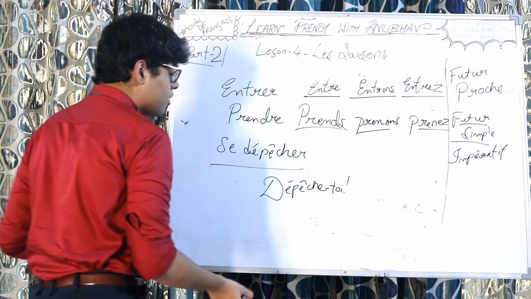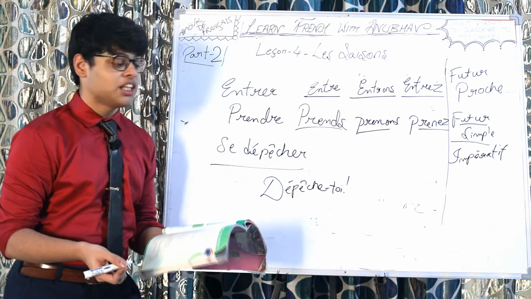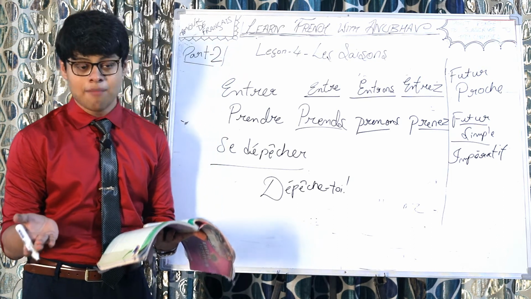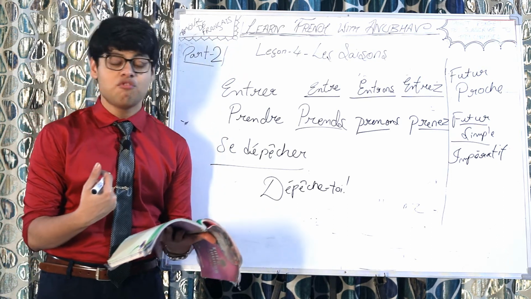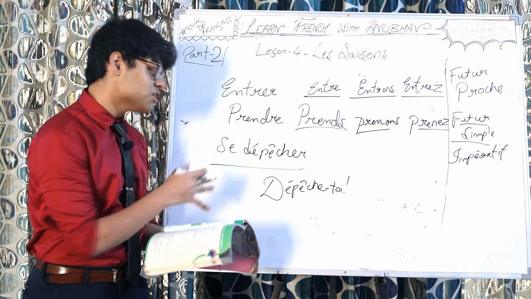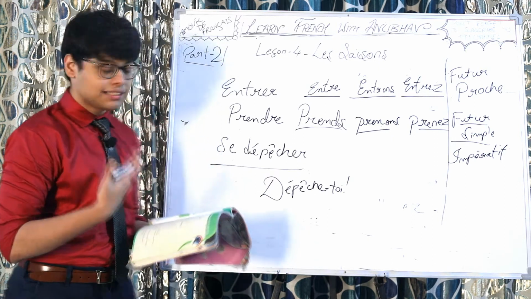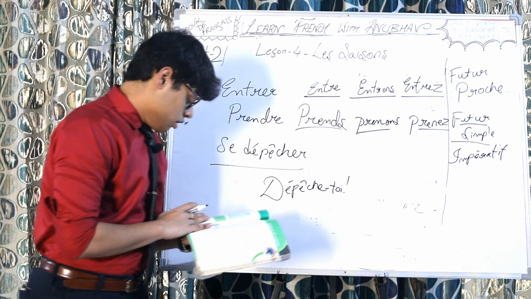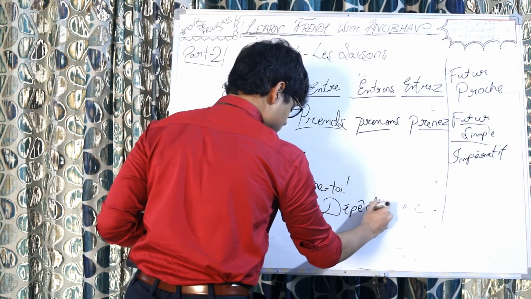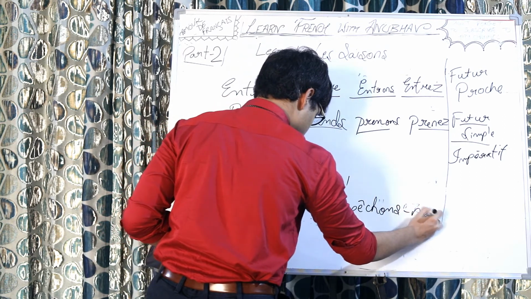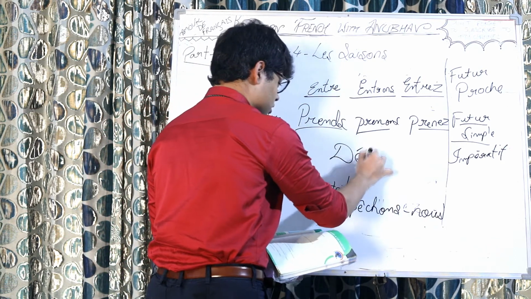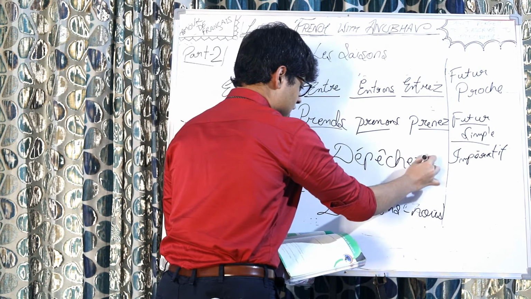See, here again, we removed the s. Dépêcher is conjugated like an er ending verb, just that the pronoun gets added in between the subject and the verb. Otherwise, it's just conjugated like an er ending verb. Hence, we wrote dépêche without s, like the s is supposed to be removed here. Then we have dépêchons-nous, this is for nous, and then for vous, dépêchez-vous.